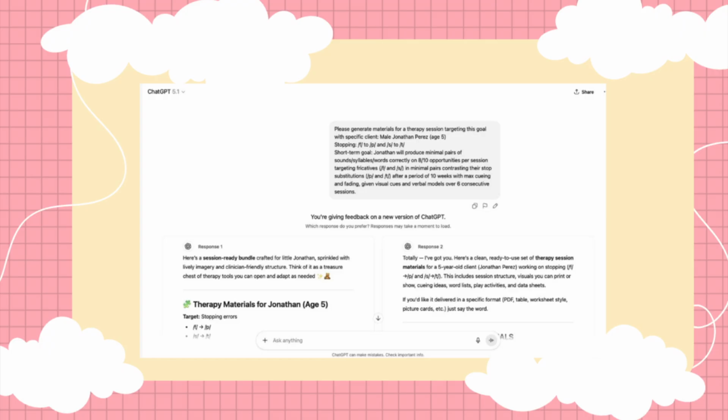The form of AI that we used to generate the therapy materials was ChatGPT 5.1, the Plus version. We asked the AI to please generate materials for a therapy session targeting this goal with a specific client, male, Jonathan Perez, age 5, presenting with stopping, F to P, and S to T. The short-term goal would be that Jonathan will produce minimal pairs of sounds, syllables, words correctly on 8 out of 10 opportunities per session, targeting fricatives F and S in minimal pairs, contrasting their stop substitutions P and T